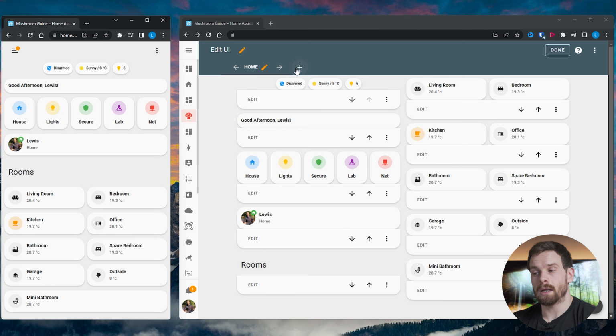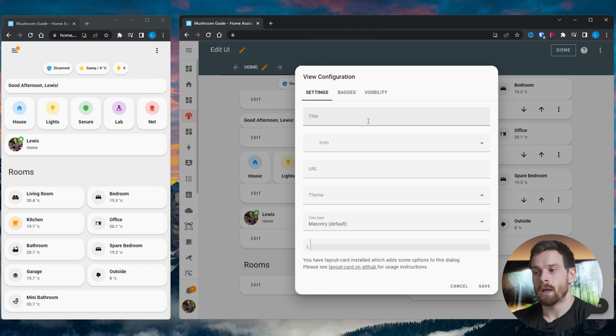If we come over and click on the plus button up here, we can create a new view. So what I'll do is I will call this, let's do the first one, and we will call this office. Now you can give this a title if you want, and then fill in the URL. So the URL here is important because it needs to match up with what you created as your navigation path